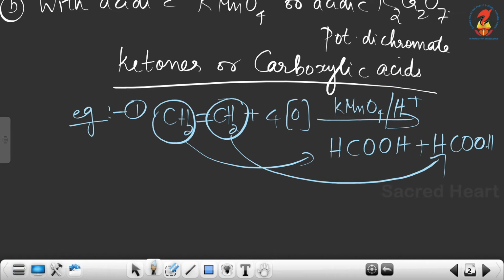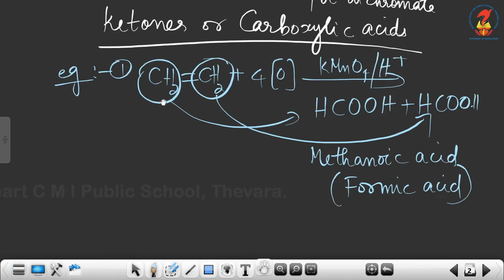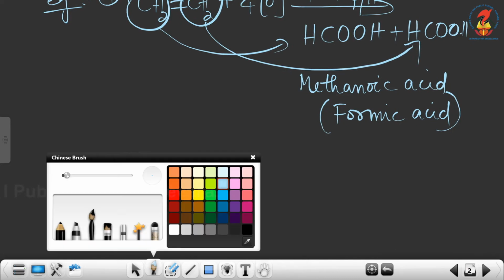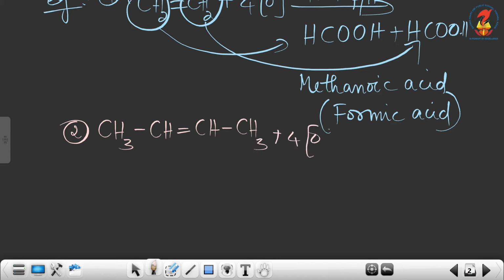So what's the name of HCOOH? It is our methanoic acid, or the common name is formic acid. Or you can write 2 molecules of HCOOH. So this is our first example. Now the second example is CH3CH=CHCH3 plus 4[O]